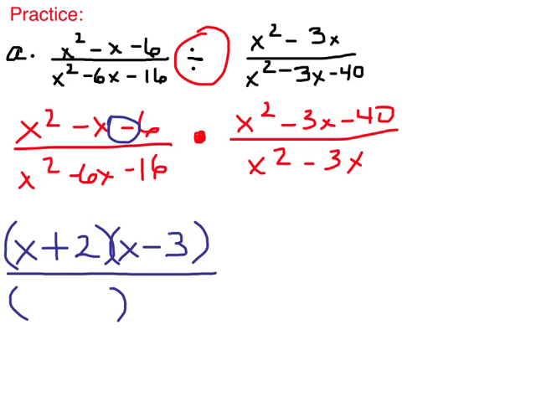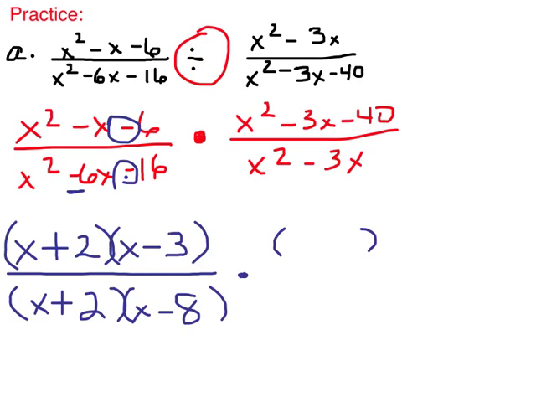Down here I'm also going to be needing a positive and a negative, because I have a negative here. The factors of 16 that would give me 6 are 8 and 2. I need this 6 to be negative, so the 8 needs to be negative. Times,